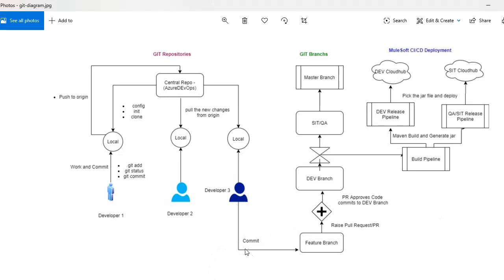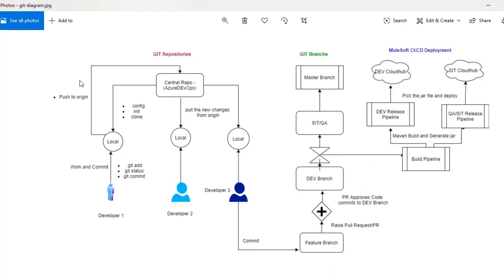If any feature branch is committed here, it will automatically pick up the updated code from the development branch within seconds, build an executable jar, and deploy it to CloudHub. So this will happen as a never-ending process. This is how we can achieve Azure DevOps continuous integration and continuous deployment in MuleSoft.